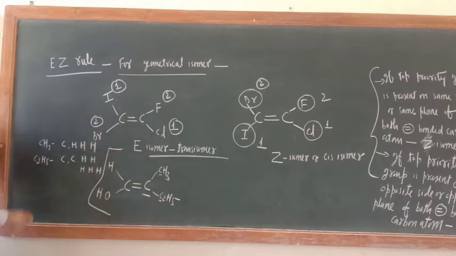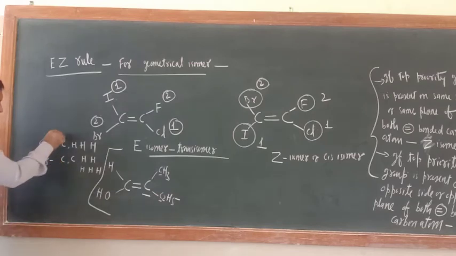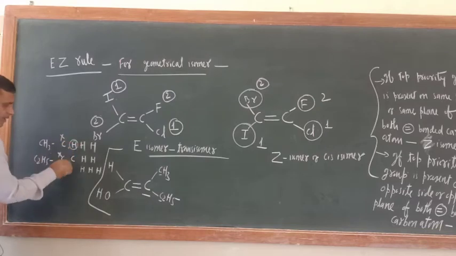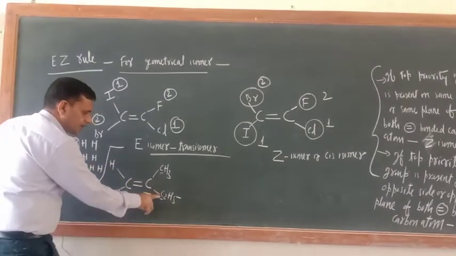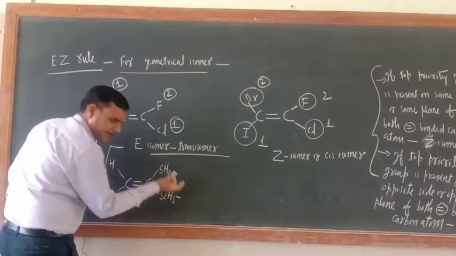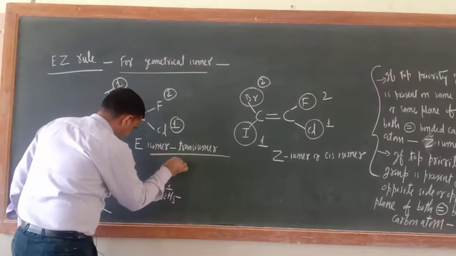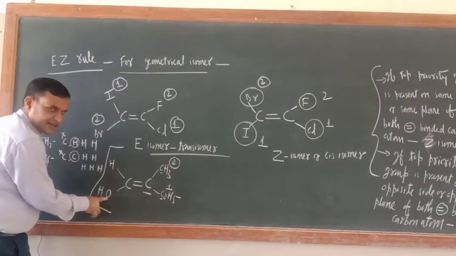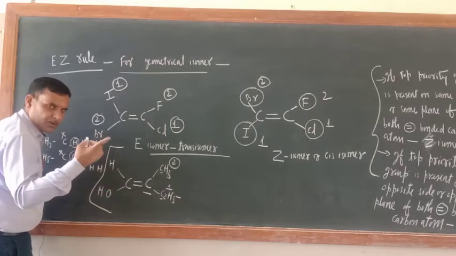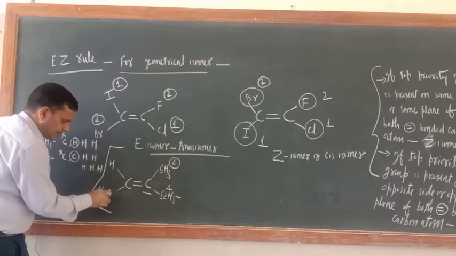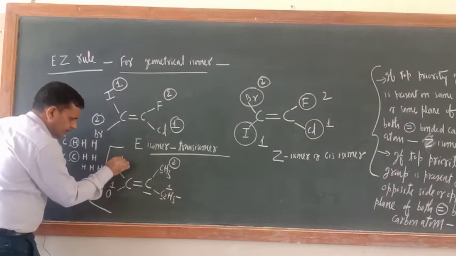Now just see, the first atom is carbon, here also the first atom is carbon, so we can't decide here. Now here the second atom is hydrogen, but here the second atom is carbon. Okay, so that is the first point of difference rule. Here C2H5 will get the priority first. Now this will be the second. Here just see, oxygen and hydrogen, whose atomic number is more? Oxygen. So this is the first, this is the second.